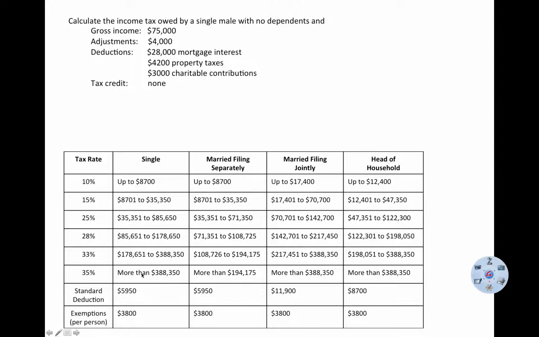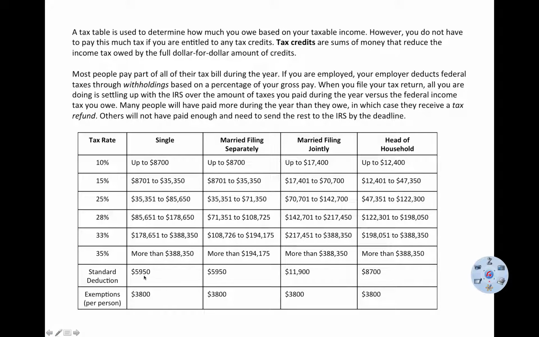Okay, here are our deductions down here. Sorry, touched it and it moved. Okay, so we get $5,950 for the standard deduction, unless you're head of household. You get a little bit bigger break there. Head of household means that you're not married, but maybe you have children in the home that you're supporting, or some kind of dependents. Okay, so everyone gets to take at least $5,950 off of their income for deductions, and